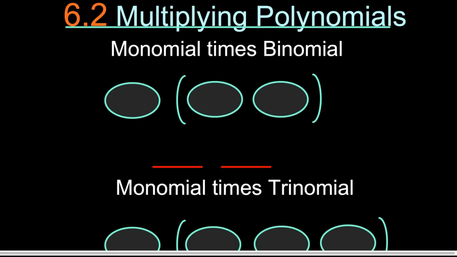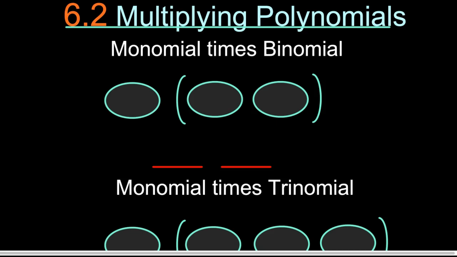Okay, so we jump over to 6.2 now, and in 6.2 we combine these two because there's really not a ton in here. So 6.2 is multiplying polynomials, which really is not a new topic. It's just talking about distributing and FOILing. So I'll talk here about